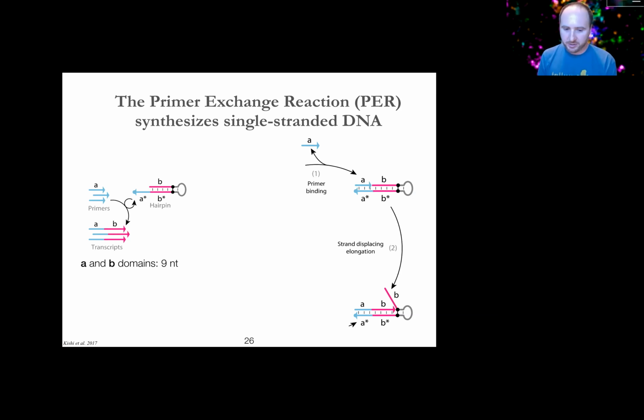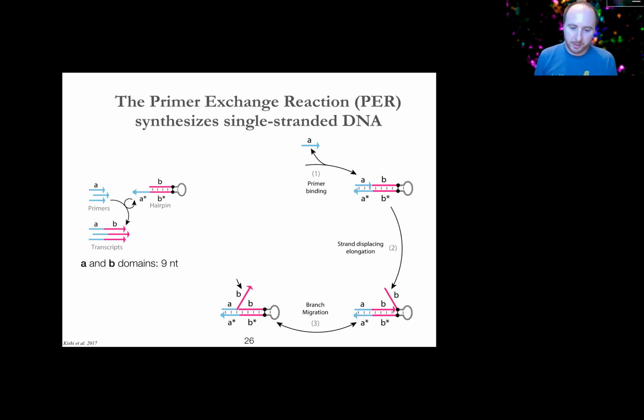If those conditions are achieved, then what you're actually left with is an equilibrium state, because the flap that's extended back has the same thermodynamic strength binding to the B star sequence as the newly synthesized B sequence does. So those two molecules are in equilibrium fighting for the ability to bind B star, the new B and the old B, but through the process of branch migration, they're just pushing each other back and forth. The key thing that happens is when you get to the state that's in the center bottom of the slide, where the new B is pushed back.